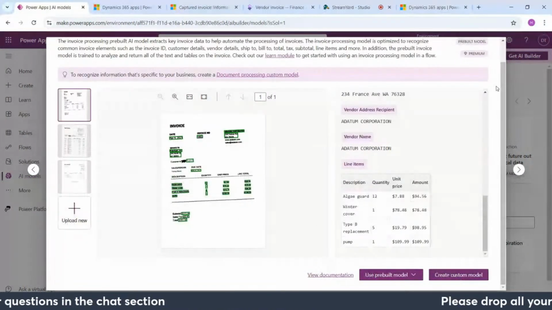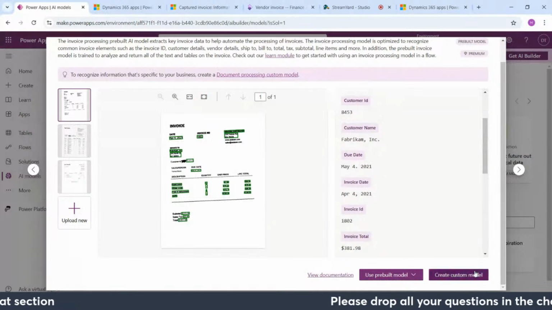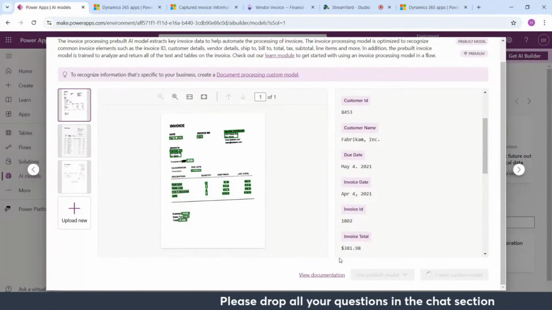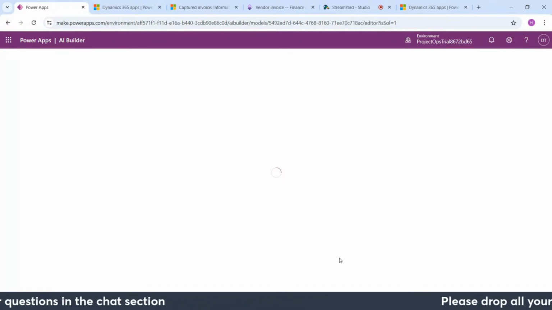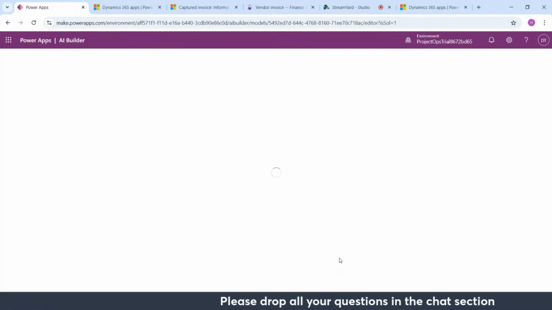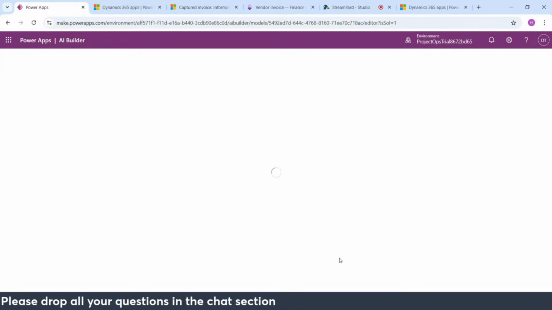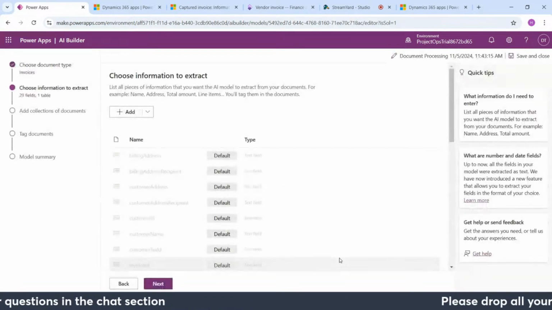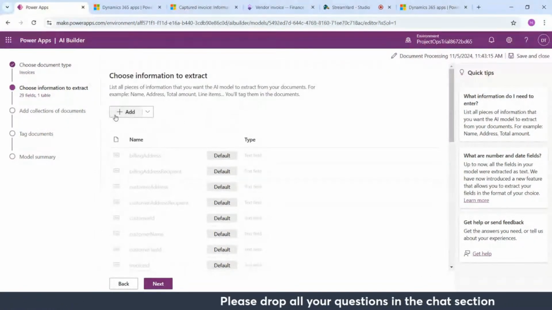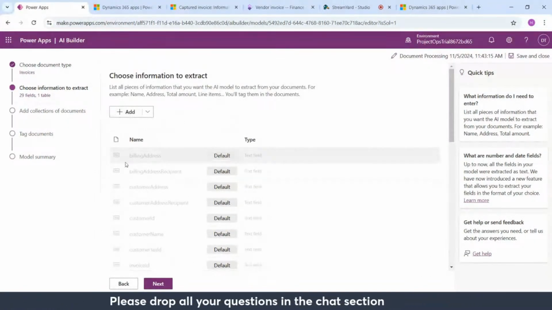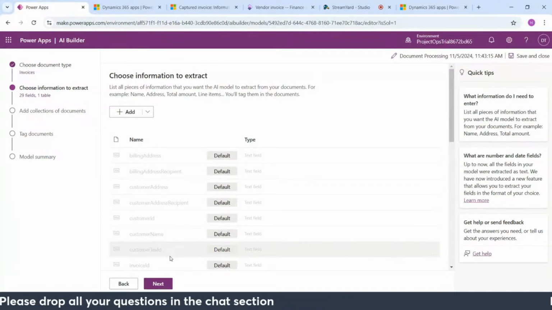After you have created a custom model, let me do it from here itself. Okay, so if you have custom fields, add them. If you don't have any custom fields but you have a custom format, leave it. Go next,